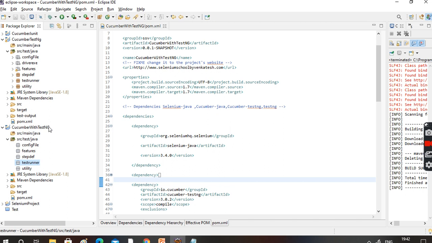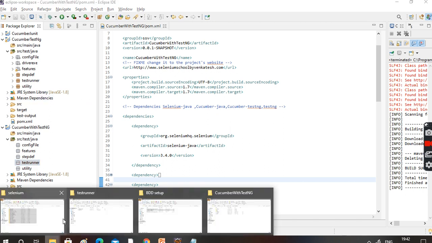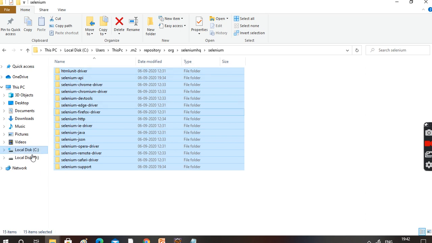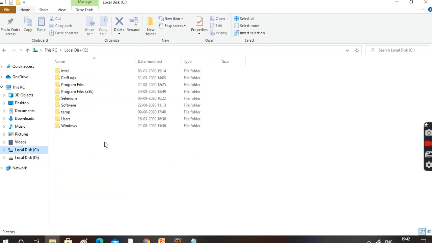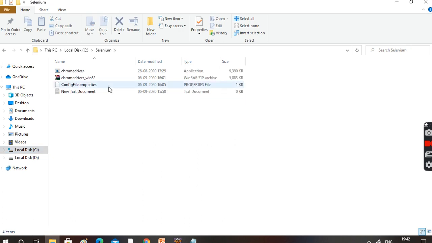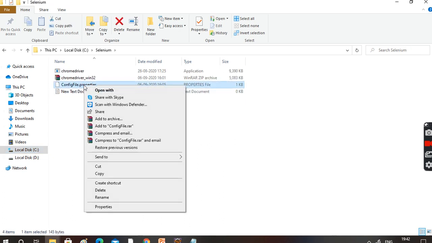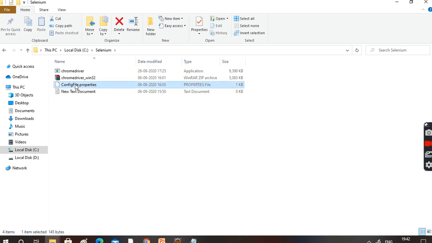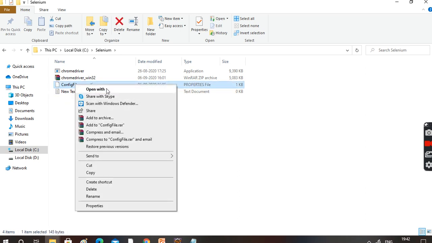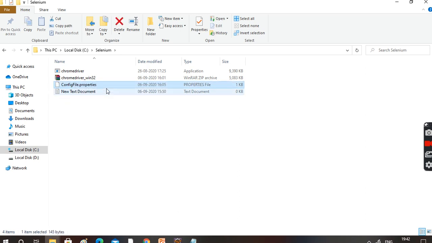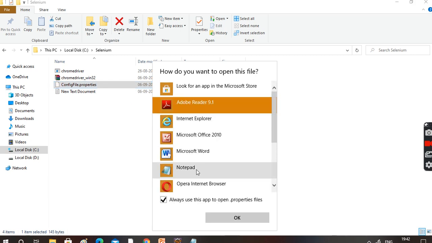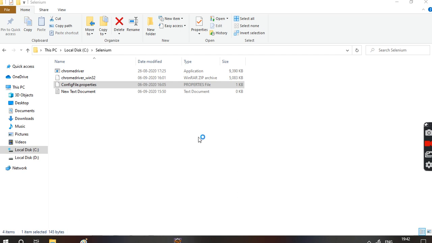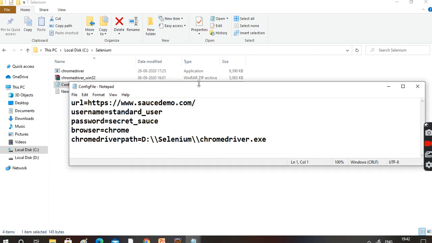Now, what are you going to do in the configuration file? I already created a configuration file and kept it here.